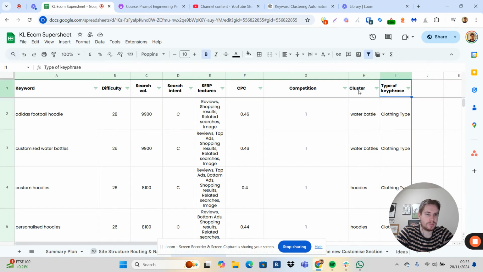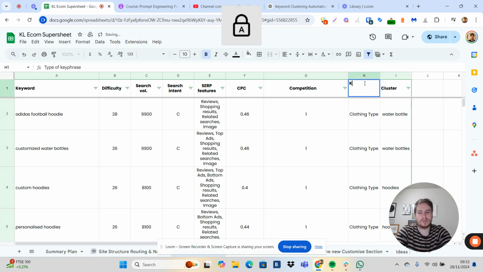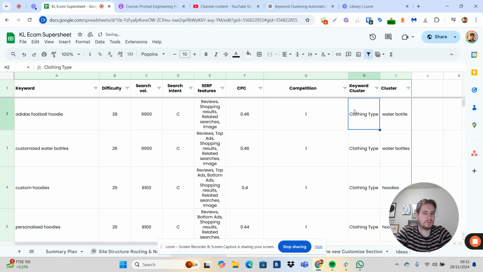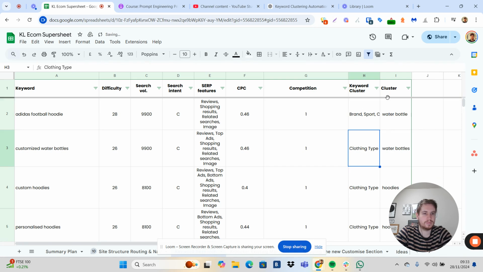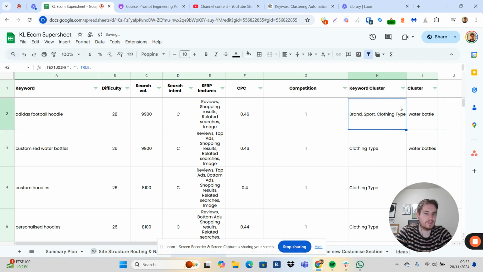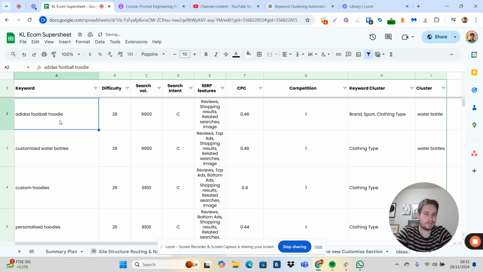So type of key, I suppose. Let me just change that to keyword cluster. And then if I paste the code in there, enter, A2. Okay, so you can see that this key phrase, Adidas football hoodie, fits into all three clusters. It's got a brand, sport, and the clothing type. Now if I drag this down,